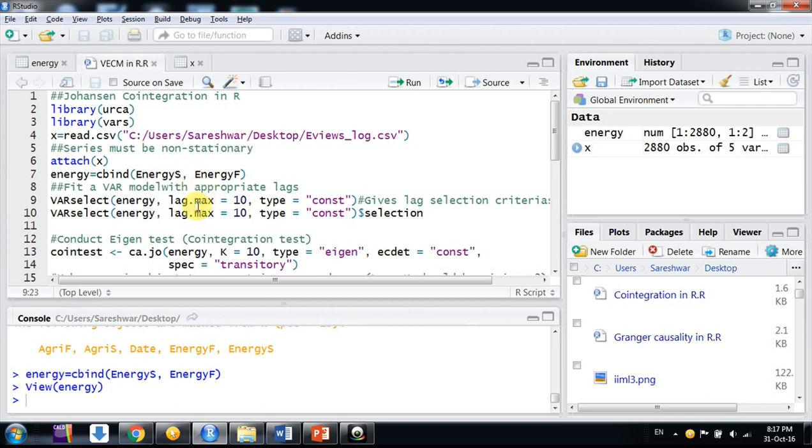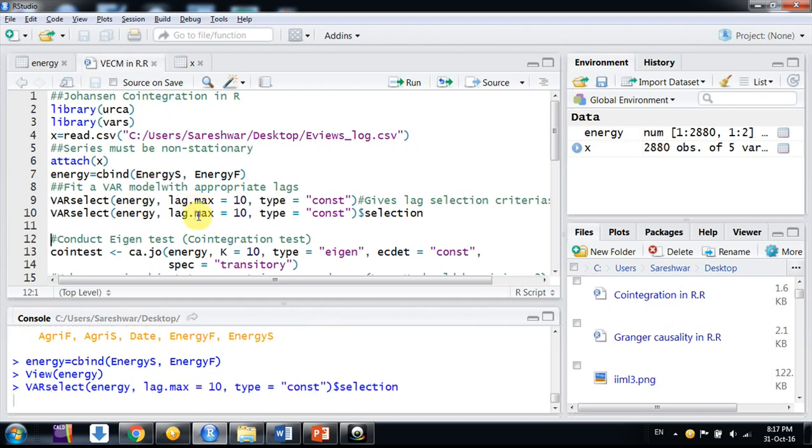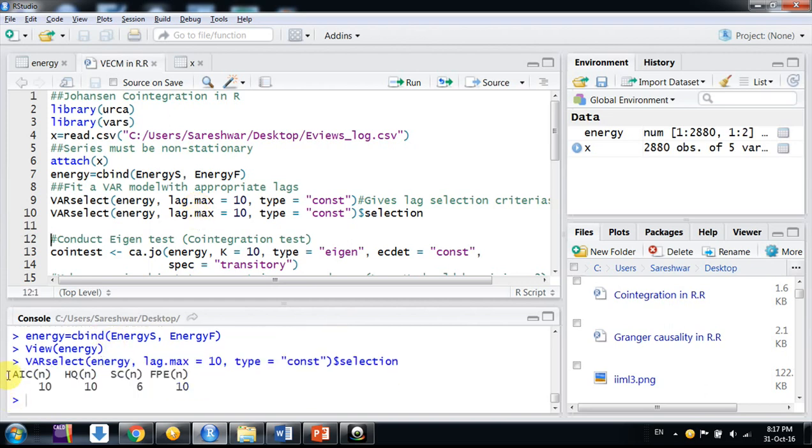So we need to run a VAR model with an appropriate number of lags. Therefore, we are selecting the lag length. As per AIC, we are getting 10. The command is VARselect. Mention the data frame you are using, the energy one we created earlier, the maximum lag length you want to consider, and which kind of model. I am using only a constant model here.